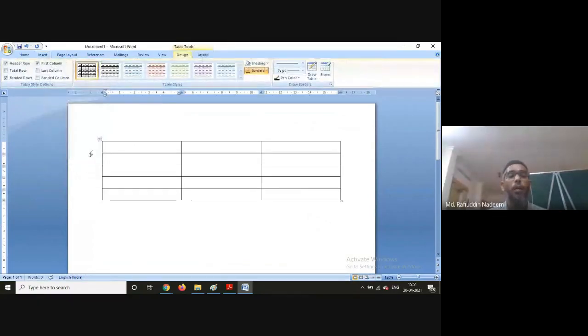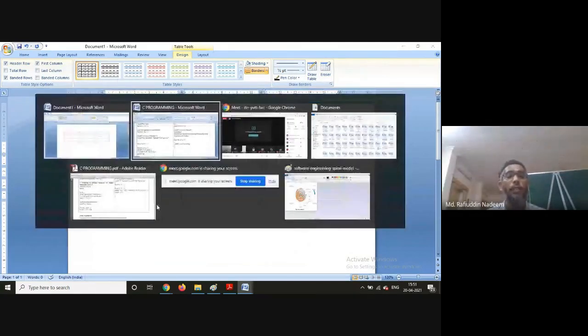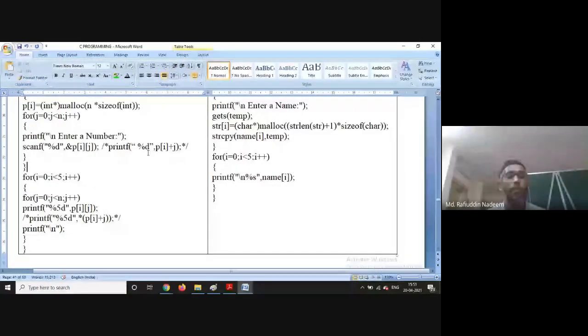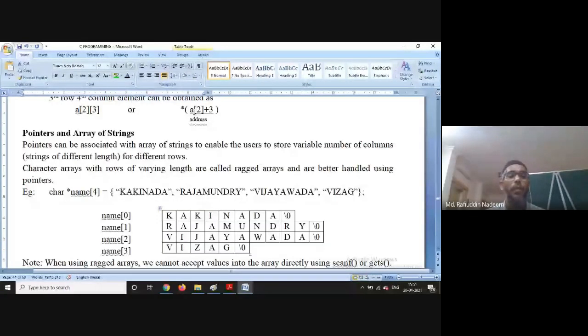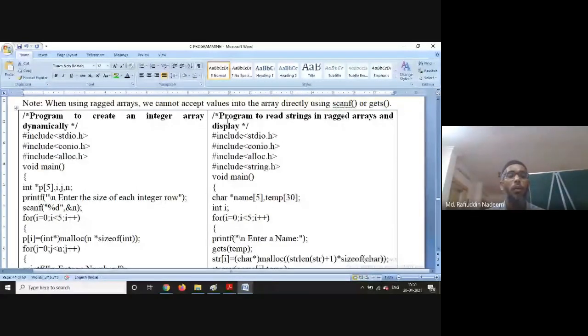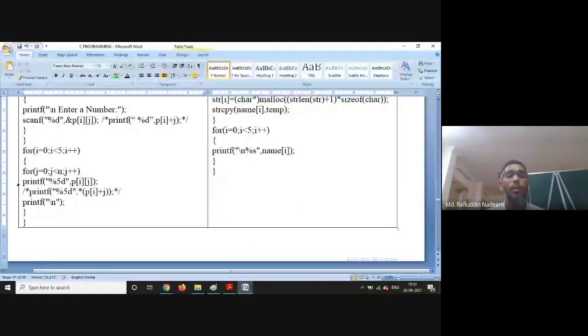Now this points to p[0], p[1], p[2], p[3], p[4]. Now this is p[0][0]. This is p[0][1], p[0][2], p[1][0], p[1][1], p[1][2], p[2][0], p[2][1], p[2][2], like that. Arrays will be created. Rest all the thing is the same. You can scan the numbers and then you can display. This all stuff you have already done many times. Okay, you can go for the new thing which you have just learned. You can go using this syntax also, or if you are confused, then go with regular syntax. This is what is used for creating integer arrays.